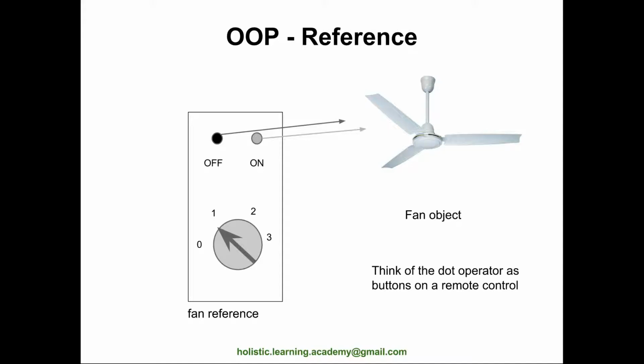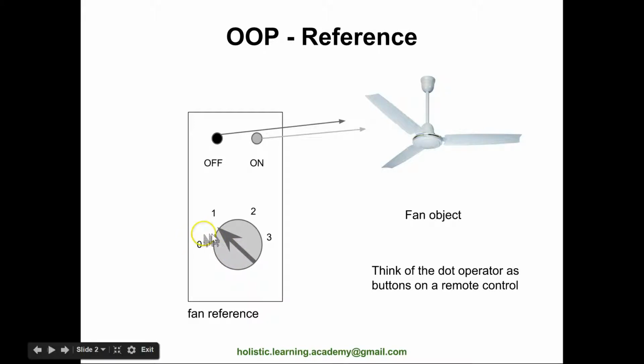So let's begin. As you see, we are working with the fan objects from last class. If you remember, these objects are created in the Java garbage collectible heap. This is a fan object, and then I just have a fan reference here. This is your reference variable, and you can think of these dots as essentially operations on your object. These are the methods. Similarly, we were setting speed level.